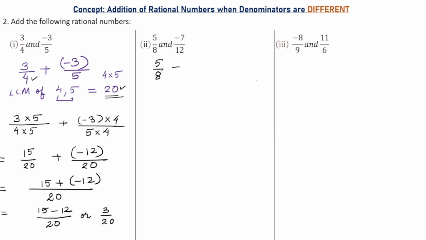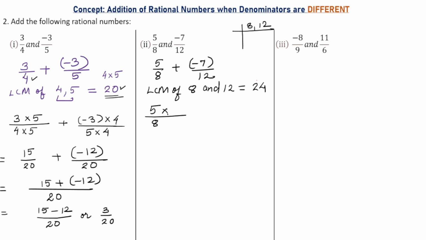5 by 8 is to be added with minus 7 by 12. Let us find the LCM of 8 and 12. So LCM of 8 and 12 will be 24. You can find this LCM by using the division method, which looks like this. Now take the first